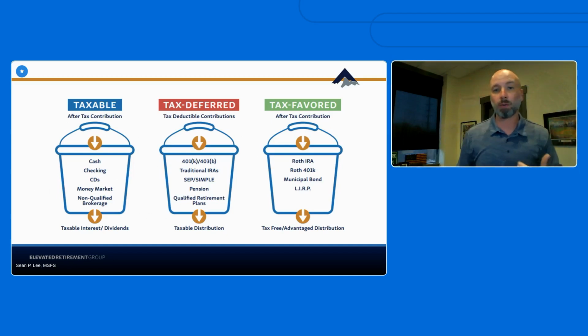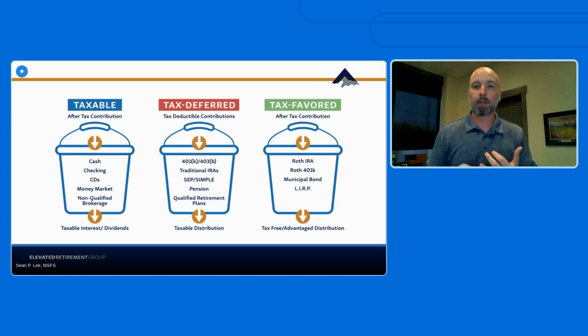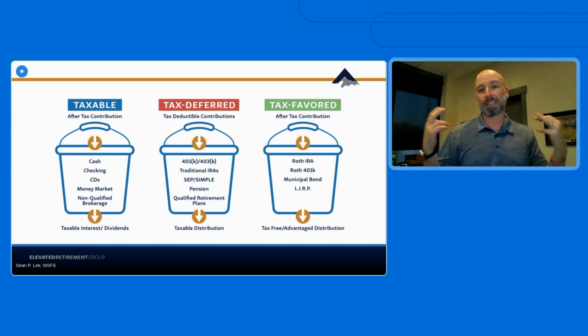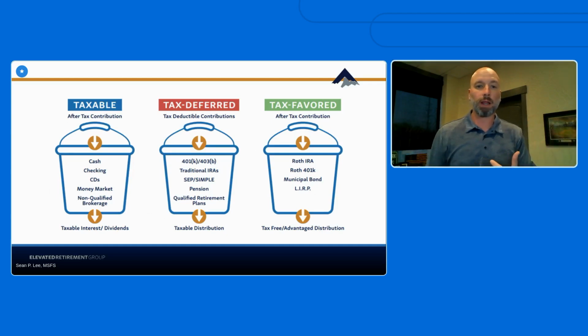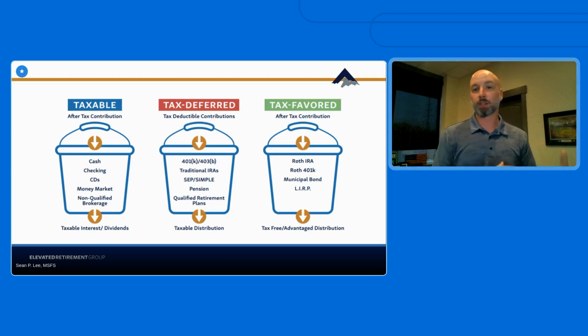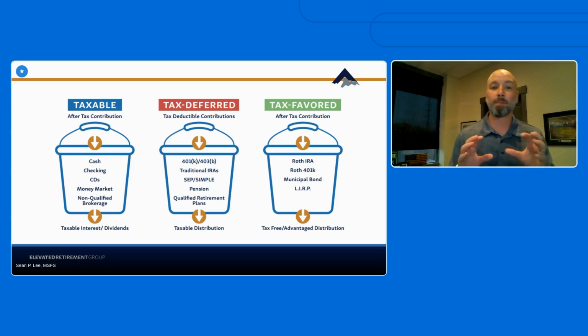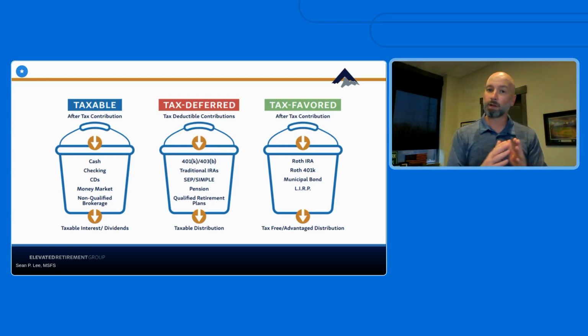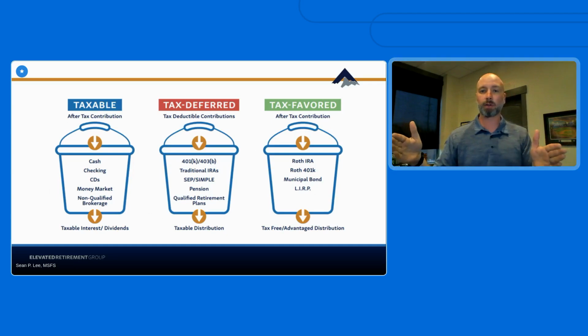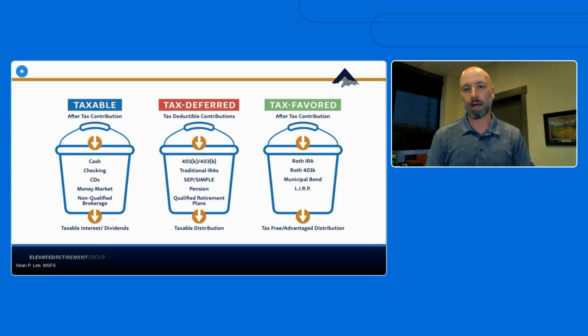And what are the choices there? Well, you've got 401k options. If you work for a city, you probably have a 403b, or a college or school. You could invest in a traditional IRA, a SEP or SIMPLE IRA if you're a business owner, pensions, and qualified retirement plans. The important thing to remember here, though, is that when the money comes out, it's taxable to you. So you get a tax deduction on the front. You don't pay any taxes while the money grows. But when you start to withdraw funds, then you're taxed.